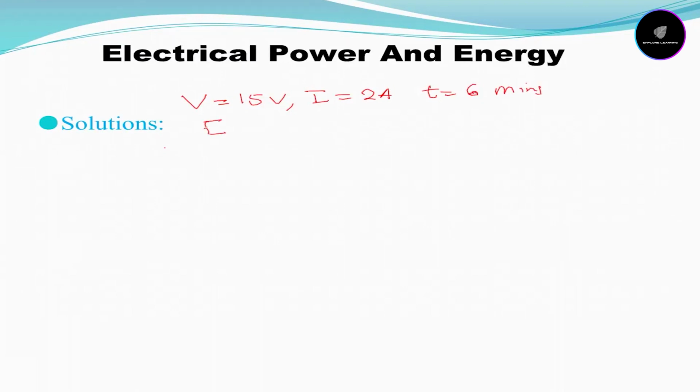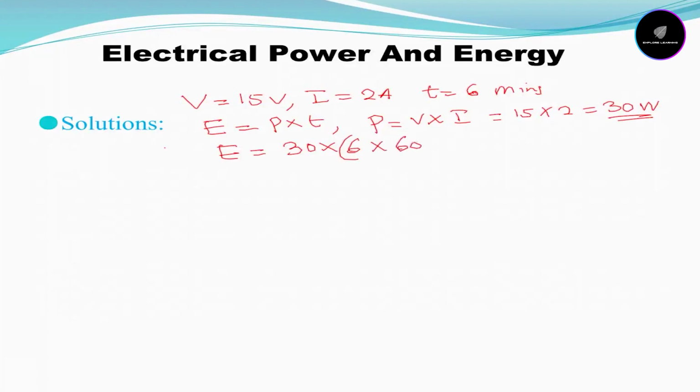To calculate the energy, E is equal to P multiplied by T. So we need to look for P before we can calculate the energy. So in this case, we need to use the formula that says P is equal to V times I. Okay, so which is equal to 15 multiplied by 2. That will be 30 watts. So we can proceed to determine the energy, which is equal to 30 multiplied by 6 multiplied by 60. That will be 10,800